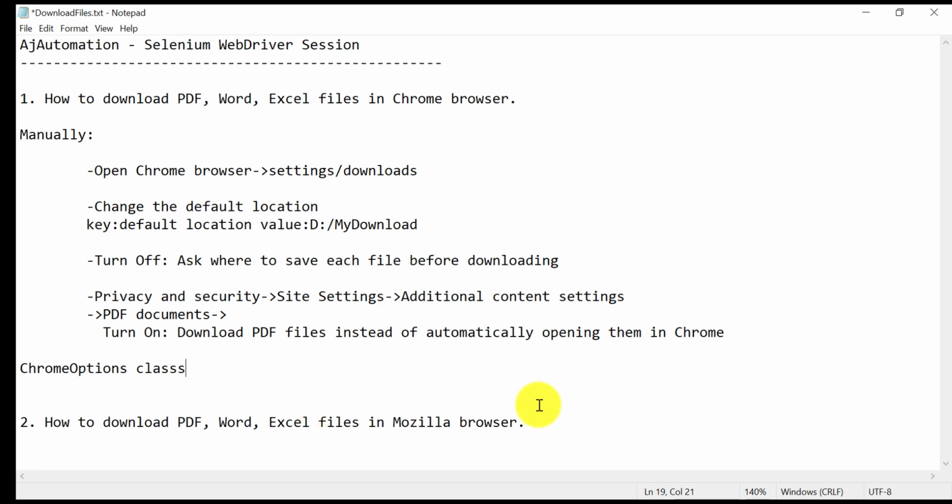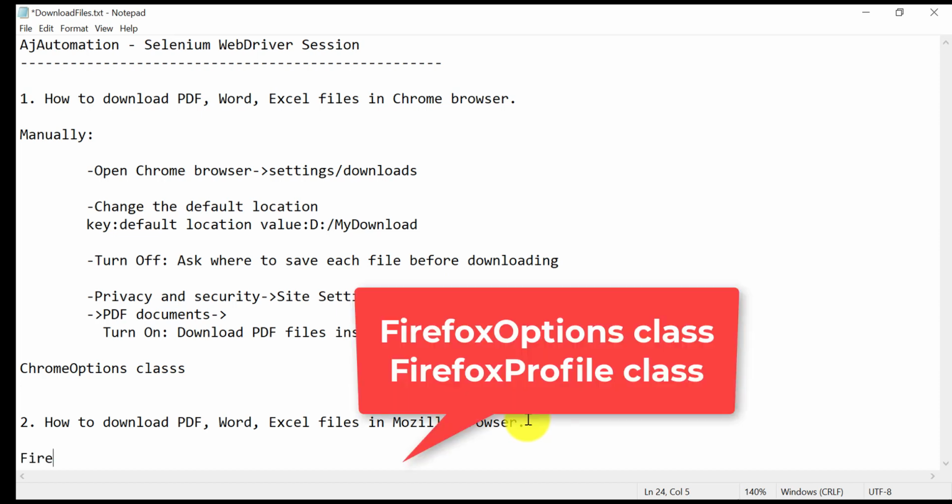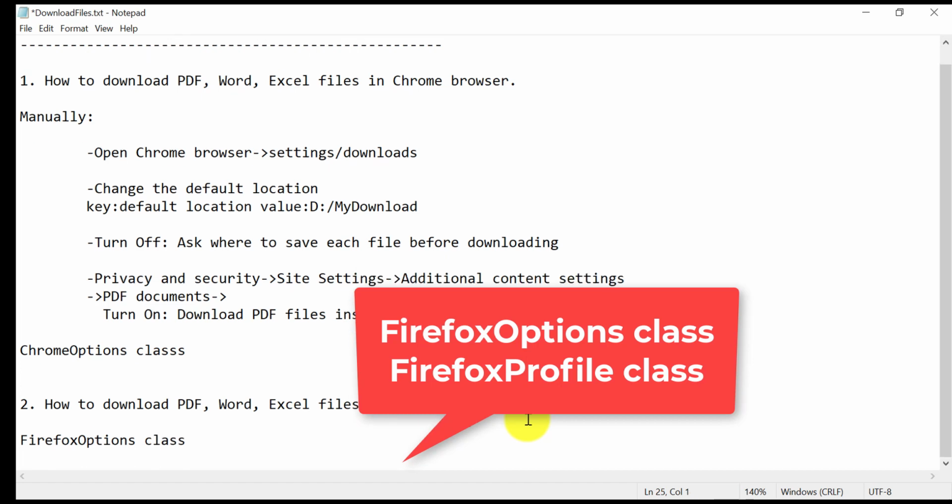For Mozilla browser there are two classes that we need to use. One is Firefox options, and another one is Firefox profile.